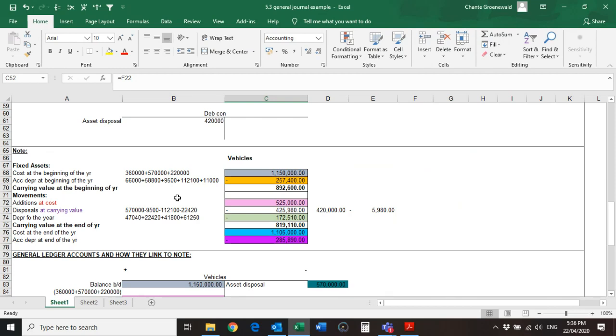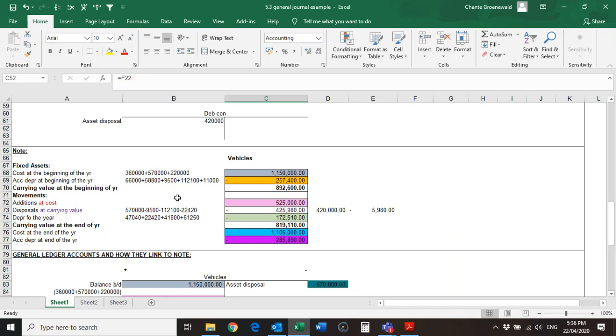So we have our fixed asset note. Now, guys, you need to study this. This is something you study off by heart. This is something that comes in that little bookie I told you about you need to have. Why? Because this is something you're going to go through just before the test or the night before the test. Okay, you have to know this because this is going to bring you marks.